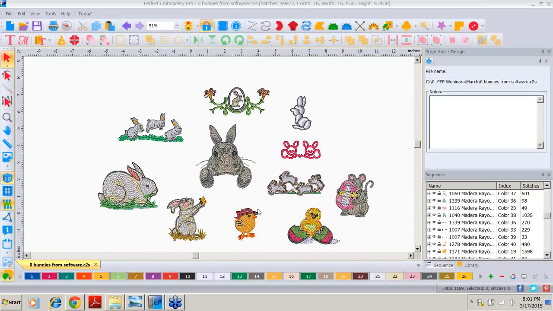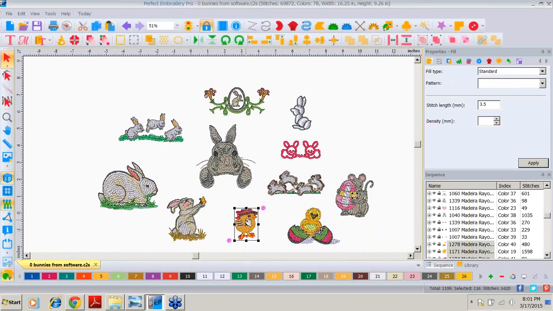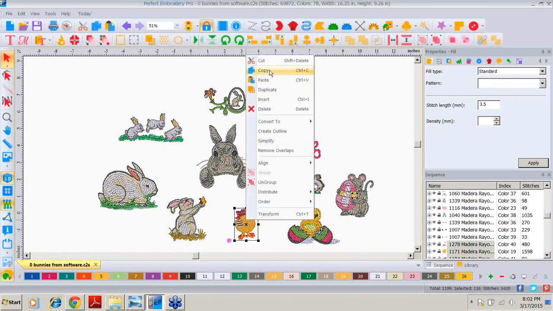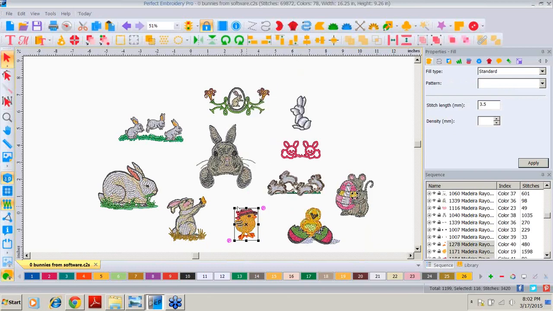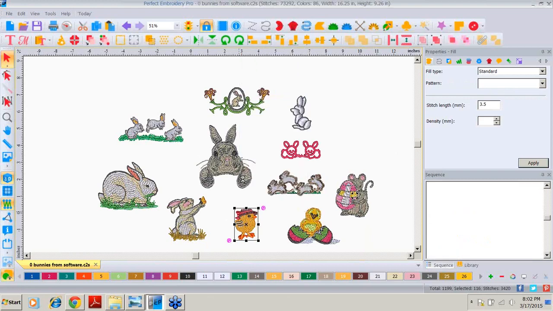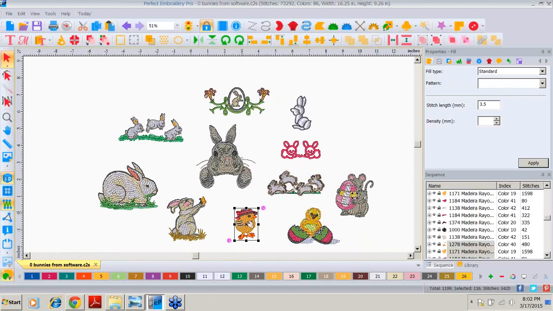No doubt, copy and paste. But do you know the difference between copy and duplicate? If we do a copy, we click on a selected item, and we right-click, do a copy. It places the selected item on the clipboard until you paste it somewhere else. If I right-click and paste, that chick, the pasted chick, has gone directly on top of the original chick. I can